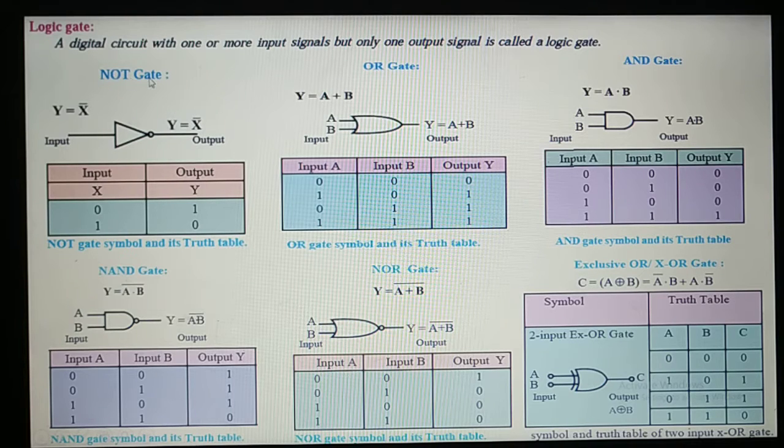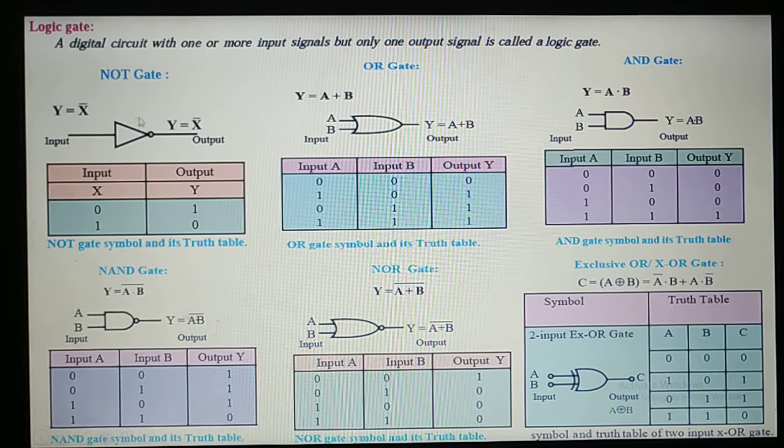NOT gate is also called negation gate, or it is called invert gate. Why invert? There is only one input and one output in this gate, as you can see. Suppose X is the input you gave, one signal is coming in and that signal is coming out. So for the representation, you will place a triangle and a dot in front of it, on the right side edge of this triangle. This dot is very important because you will come to know about this dot when we are studying NAND and NOR gate. So just understand a simple triangle and a dot in front of it on the right hand side.